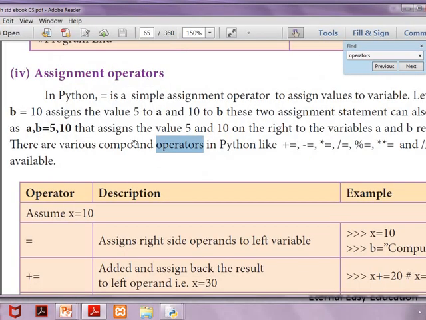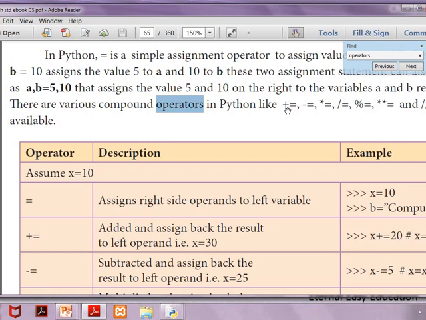Assignment operator. I already told that equal is the symbol of the assignment operator. B equal to 5, 5 is assigned to the variable B. But the assignment operator can come along with plus equal, minus equal, star equal, slash equal. That means it can come along with the arithmetic operators.